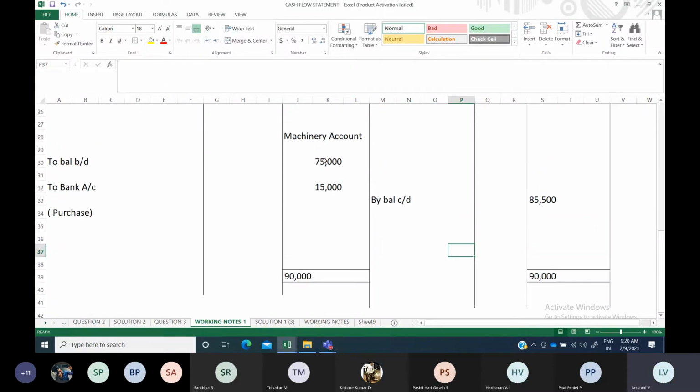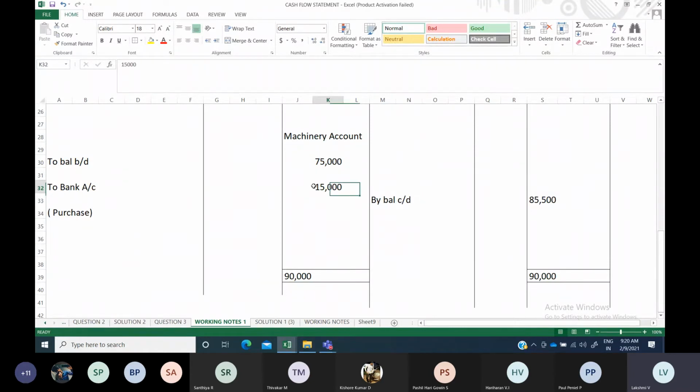Okay, so as usual, how you prepare your account, in the same manner you have to balance this account. Opening balance has been taken on the debit side for all kinds of asset. Either it can be furniture or any type of fixed assets, land, building, like that. Any fixed assets, opening balance on this side and closing balance will be taken on this side. These two pieces of information will be available in your question balance sheet. Okay, and this information in this question they have given.